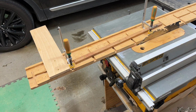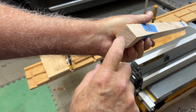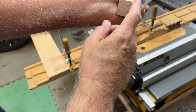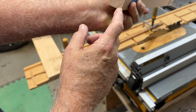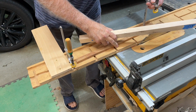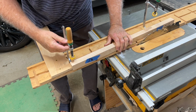So this is my taper jig. Again, I'm going to be cutting off 2 sides of this to make this 3/4 of an inch. So we'll cut this side here first, then we'll rotate it 90 degrees and cut the second side. So I have some built-in stops. I've already measured this, since I'm doing a total of 8 cuts,